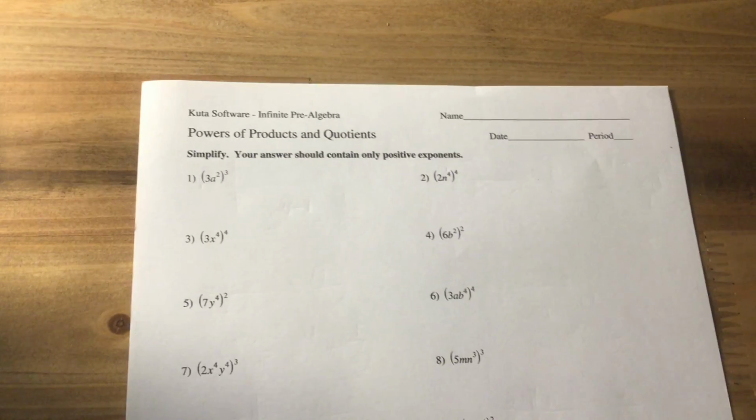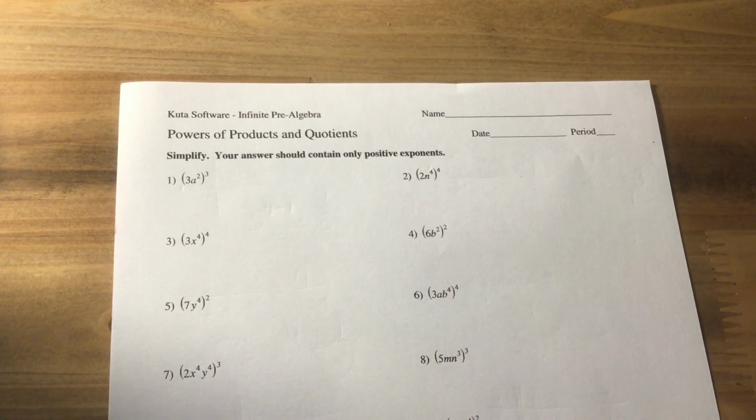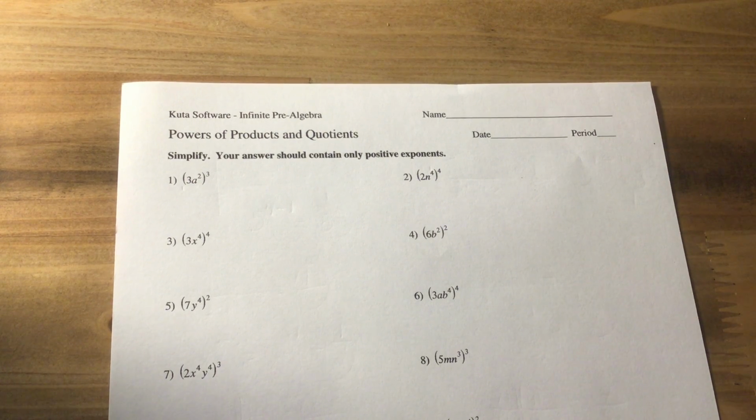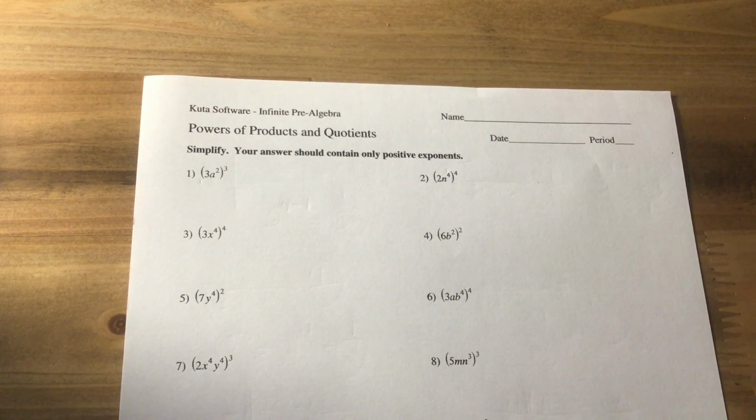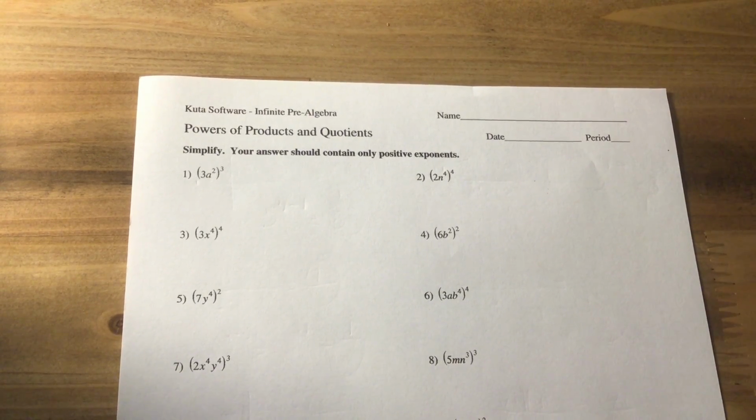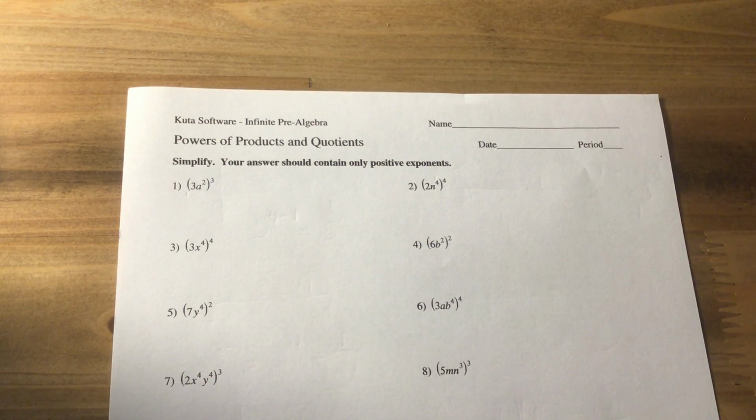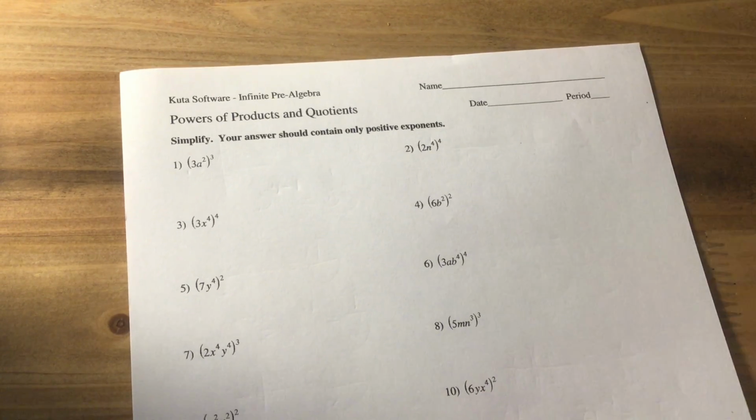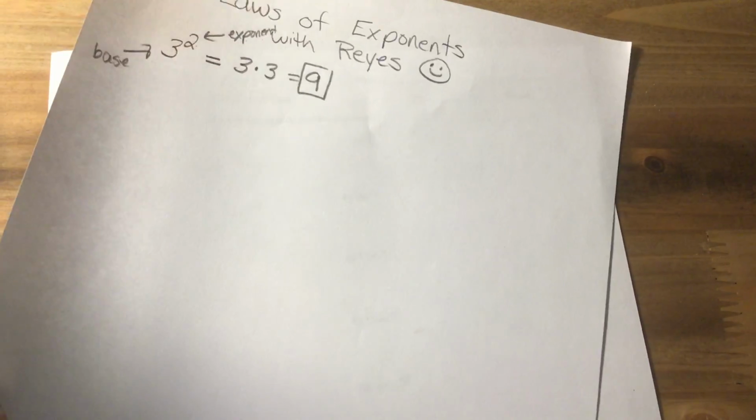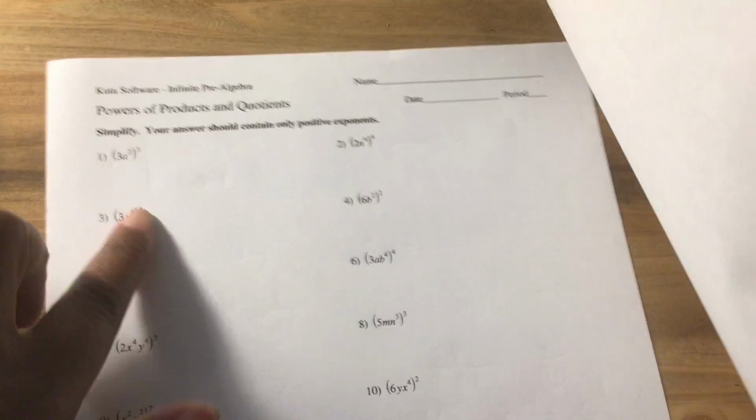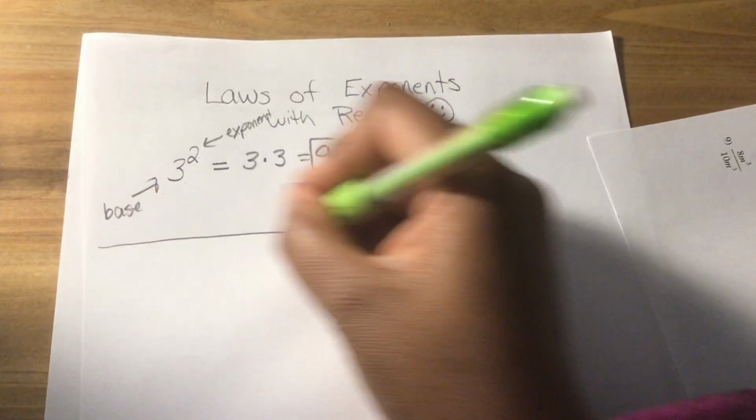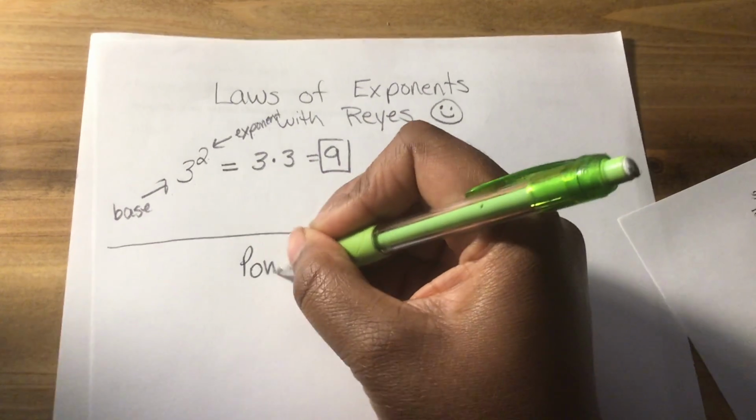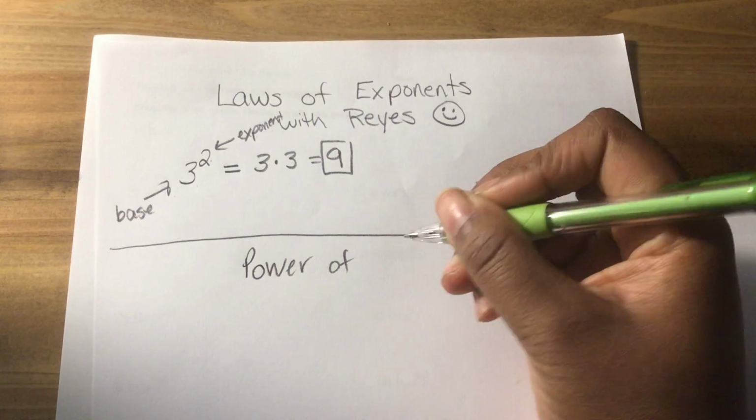Your last is the power of a power. When you have a power or exponent raised to another exponent, you're simply going to multiply, okay? You're going to multiply the exponents together. Let me show you why that works, okay, before I get to these. All right, so power of, which is multiplication,